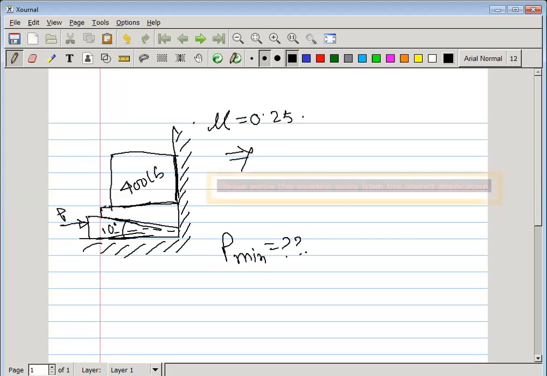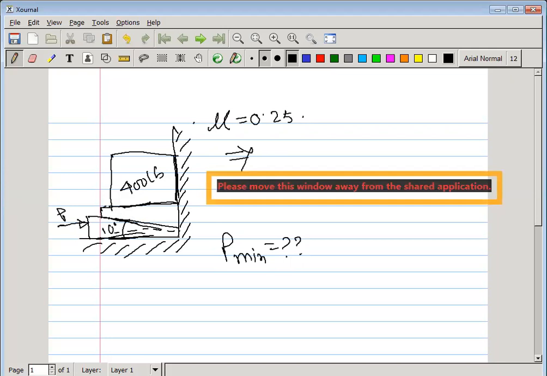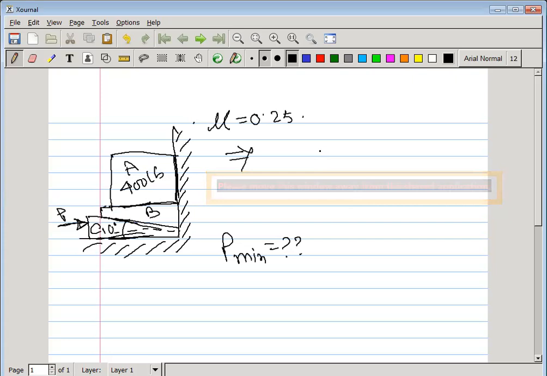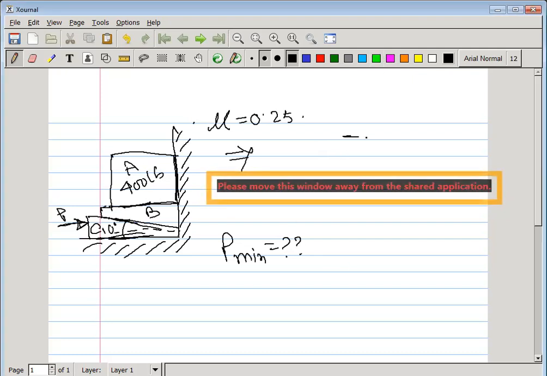To solve this type of problem, first you have to apply some force here. If we say this body is A, this is B, this is C, then block A tends to move in the upward direction. So to draw the free body diagram, what we have to do is simply isolate that body first. And what is coming here?